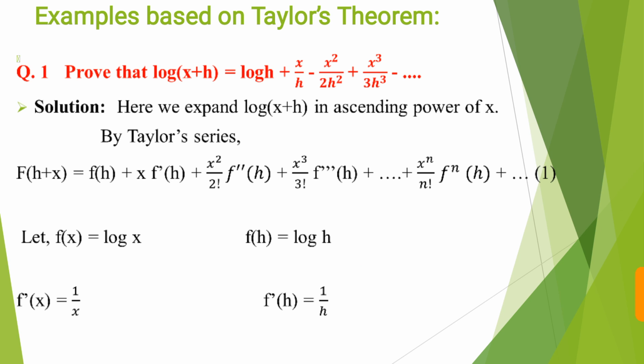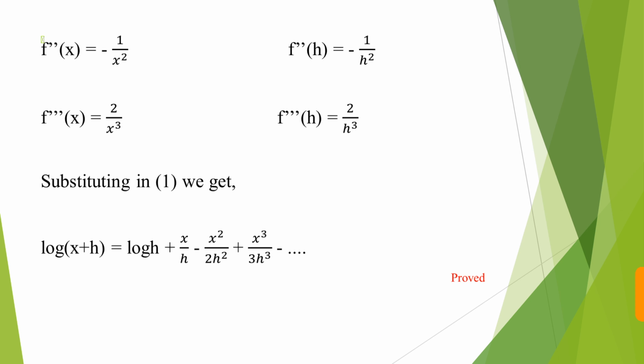Then let's find out f dash of h is equal to 1 upon h. Let's find out f double dash of h is equal to minus 1 upon h square, and similarly f triple dash of h is equal to 2 upon h cube at x is equal to h. So we got all the respective values of the function at x is equal to h, and now we'll substitute all things